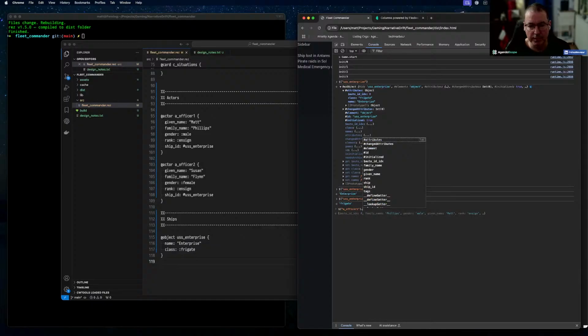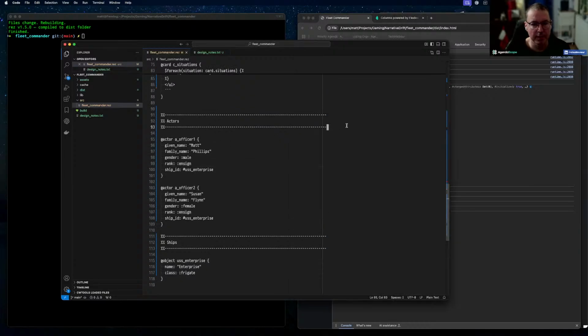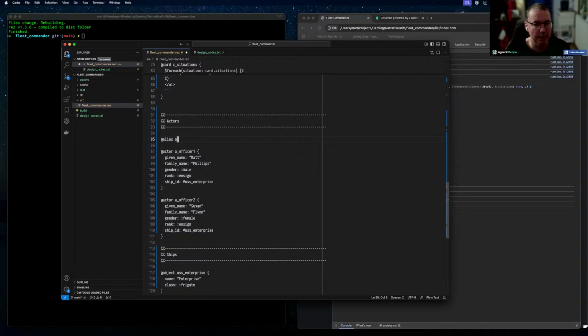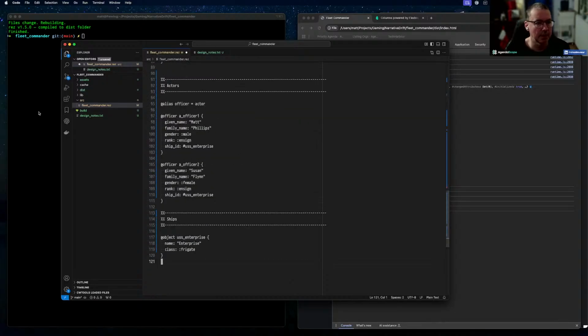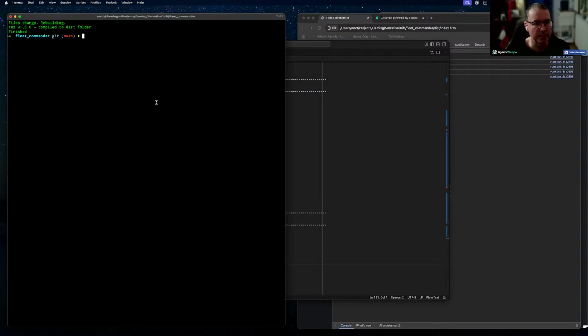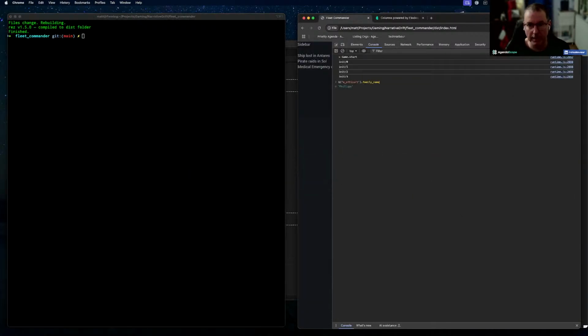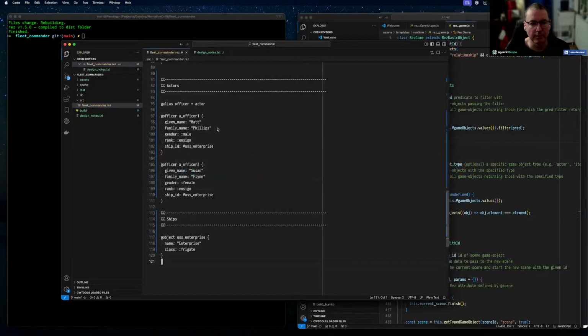You can see we've got a family name. Okay, so these objects are being created in the background, and what I'm actually going to do is say officer is an actor. What that lets me do is now use a tag of officer for these. That should still build, and nothing really should be particularly different here. If we go do this, you can see here we've got an officer is right,